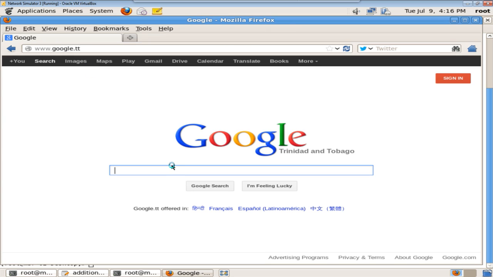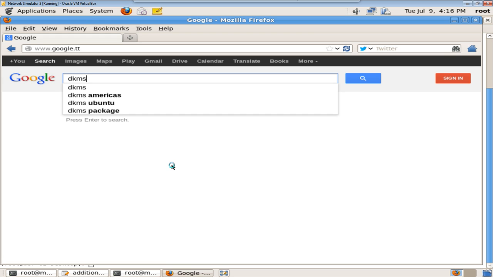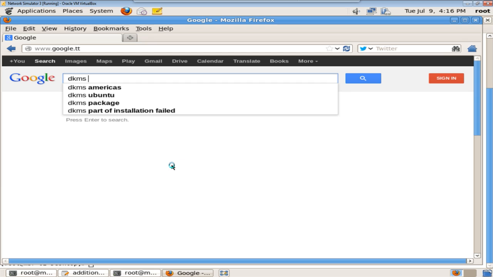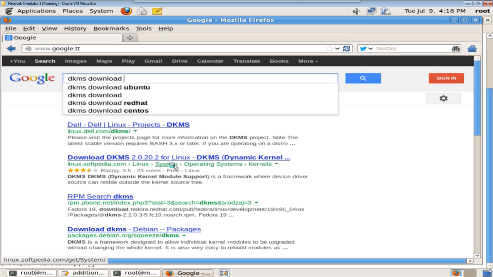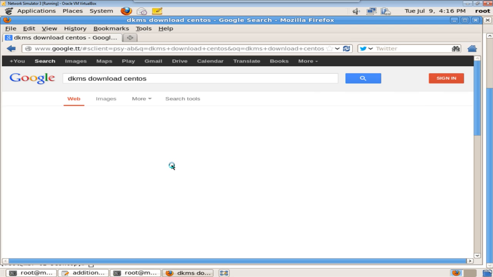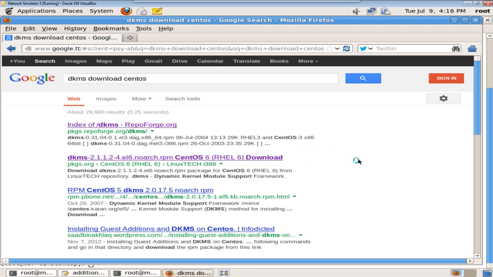So let's look for DKMS. I think I had searched for this at some point in time before, so it should remember where I went. Let's see, download, and it was for CentOS. Okay, so this is the one I want for CentOS 6,